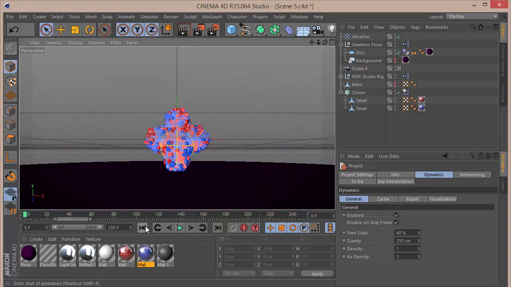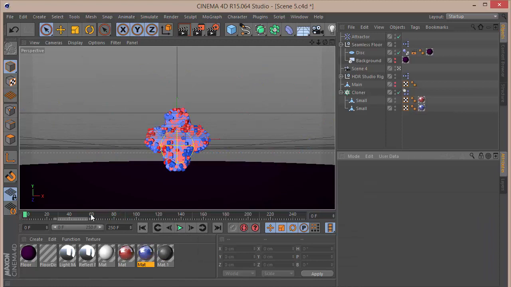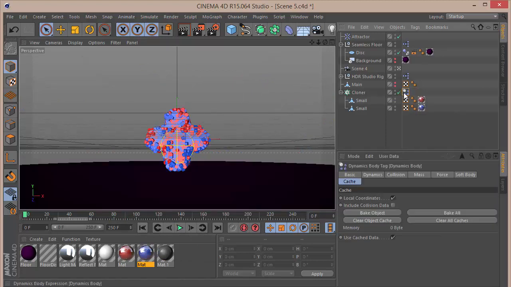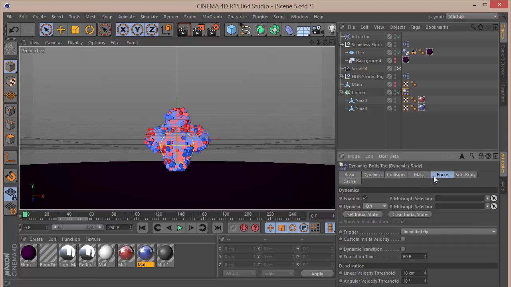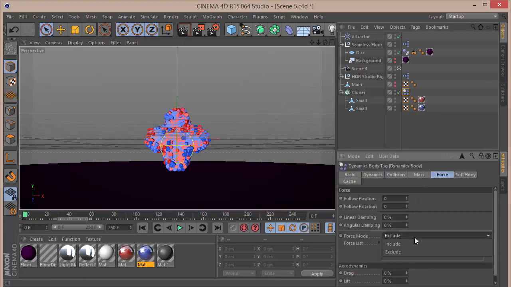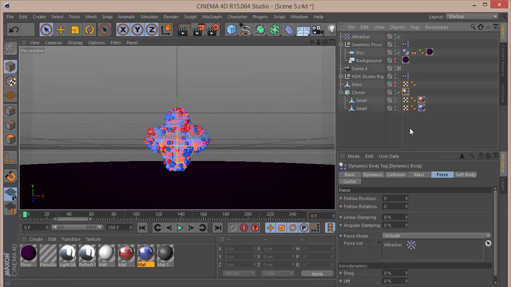But we can see that it's not working right, because we have to go into the dynamic settings over here, and in the force mode, we will go and choose include, and we want to put in the attractor. So what it does is it removes the usual dynamics of the pieces that are touching each other, and puts the attractor instead. So now if we hit play,